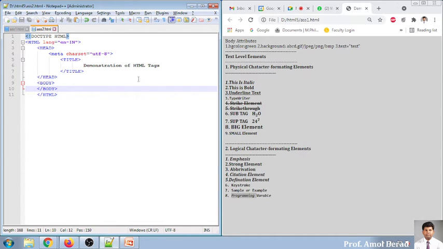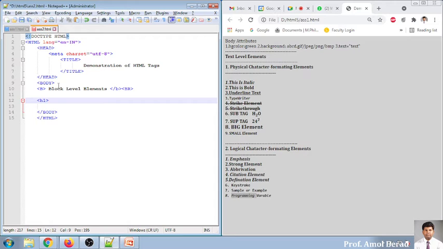Now we will be moving towards the block level. I'm writing this in bold format. So I will say B for bold, and I will say this is block level elements. I'm closing this with slash B, and I am using a BR tag to move to the next line. Now in this, I want to display what all block level elements are there. So there are 6 block level elements. Very simple to understand.